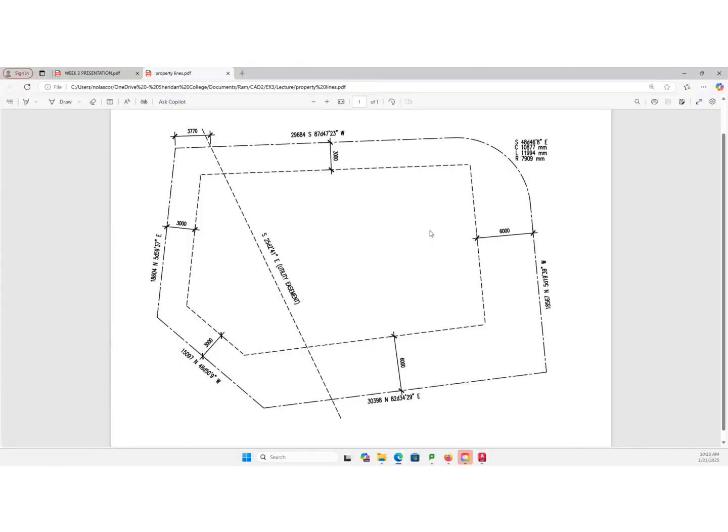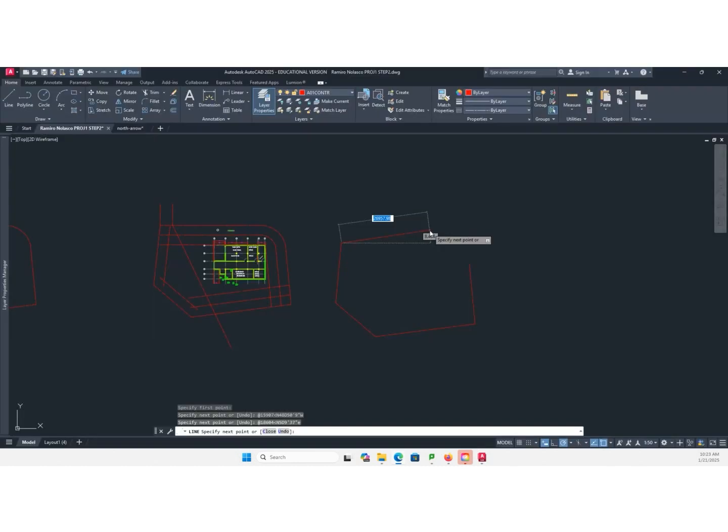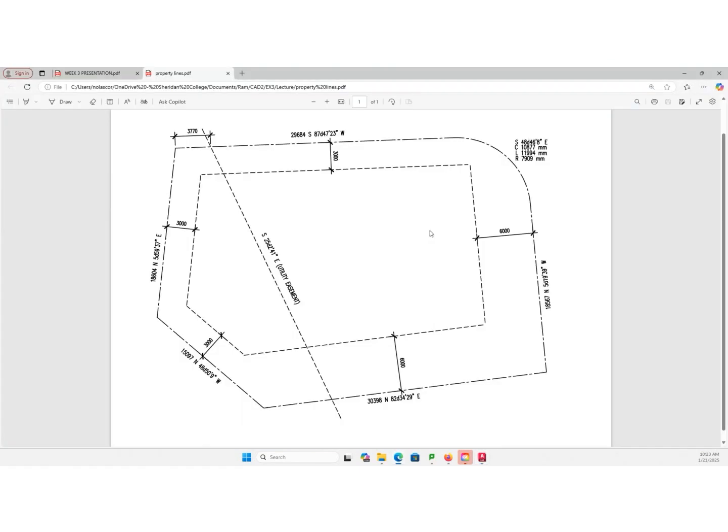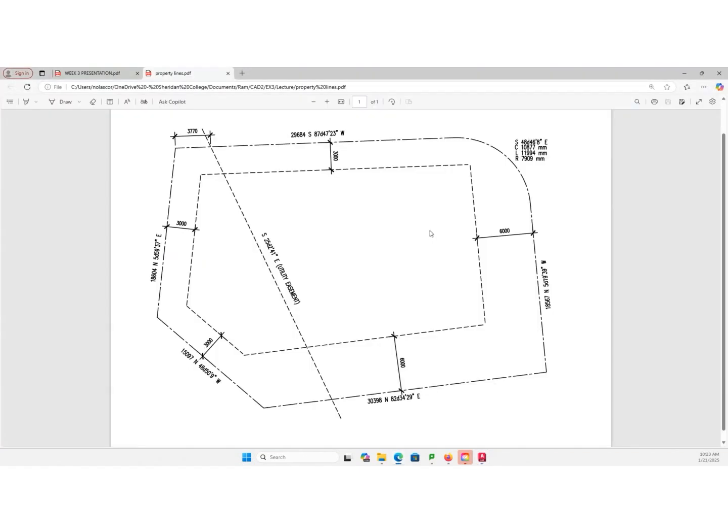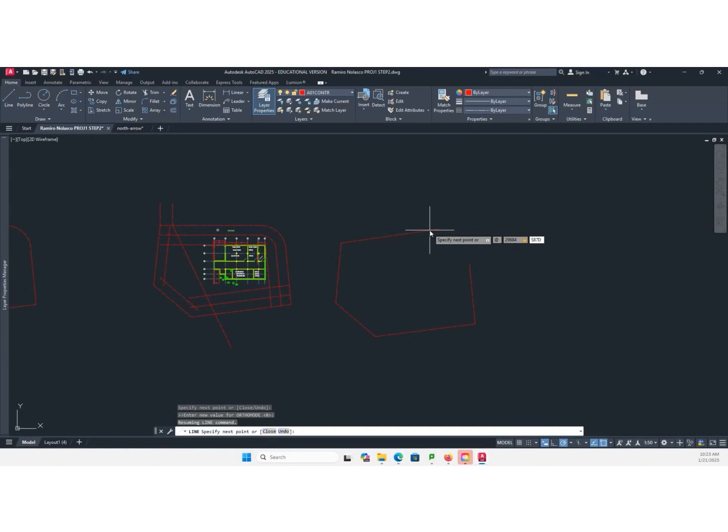Okay. From here, we go at 29684 less than symbol south 87 degrees, 47 minutes 23 seconds west.